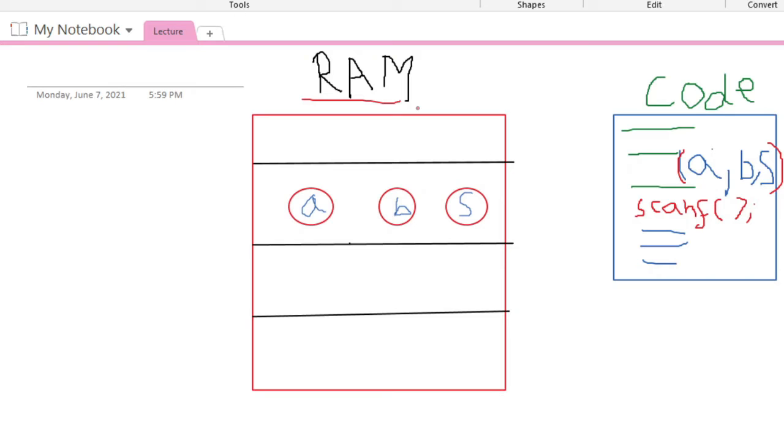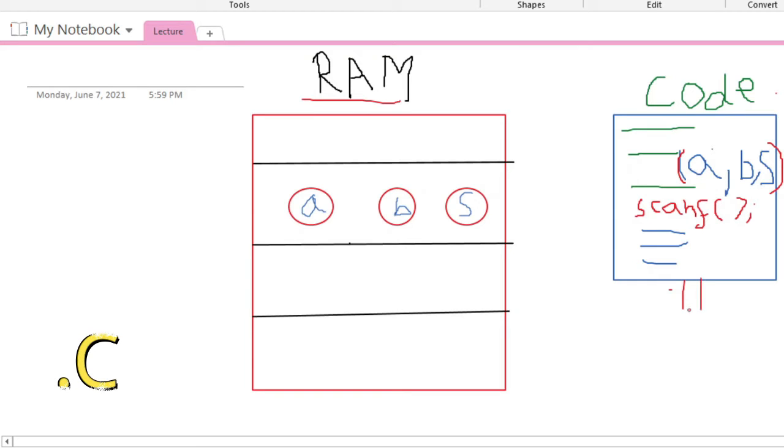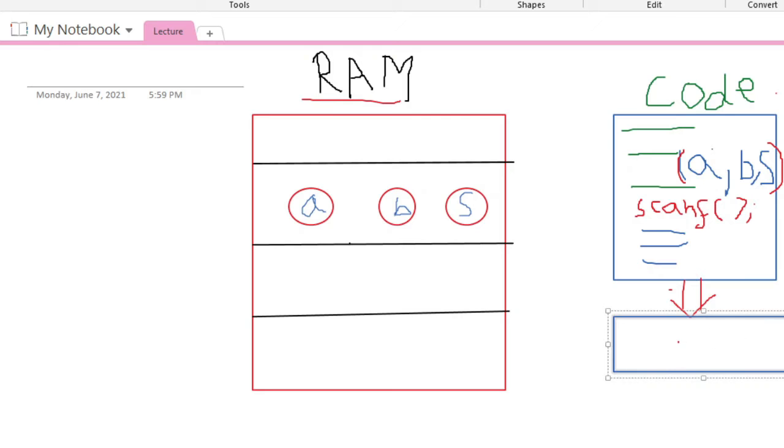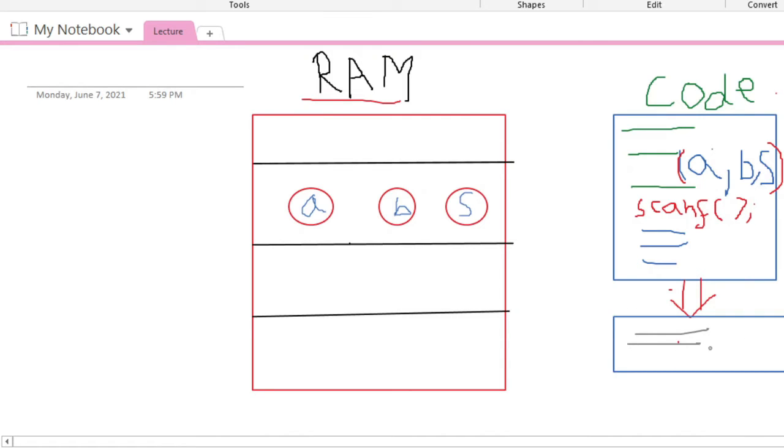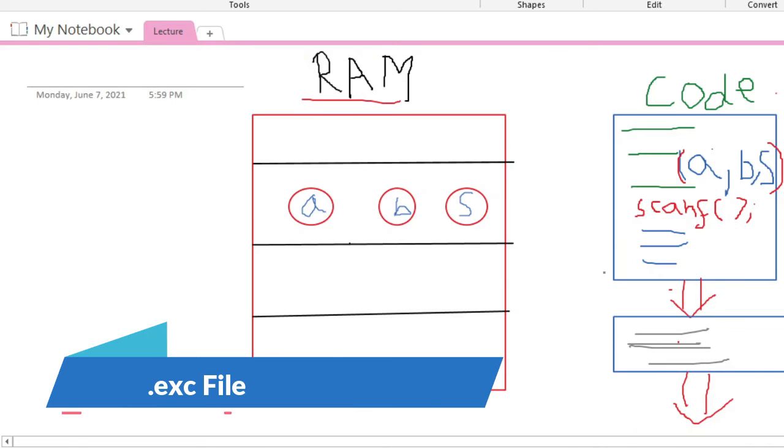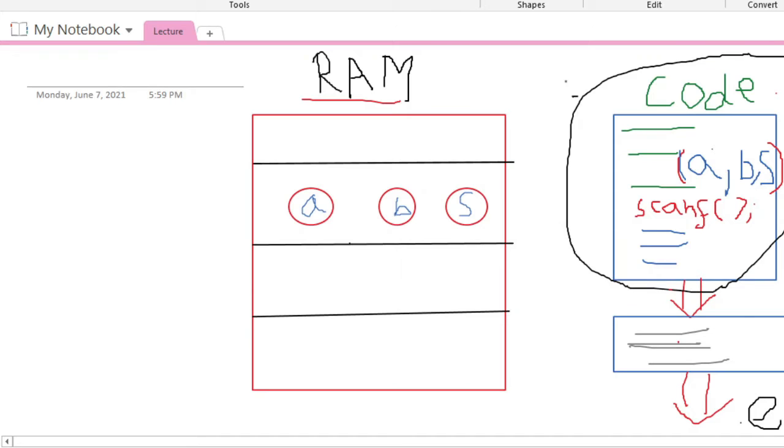First of all, this is a .c file. The .c file will be converted into a compiled file, and this compiled file again gets converted to a .exe file, an executable file. The code we have written is saved in secondary memory, that is our hard disk.